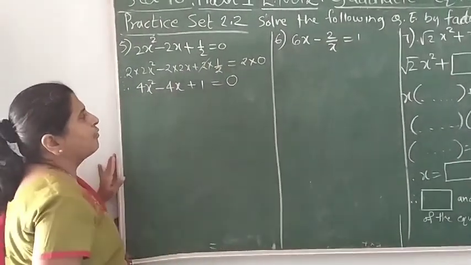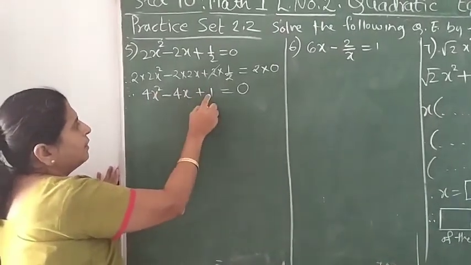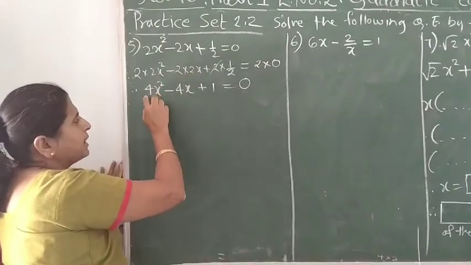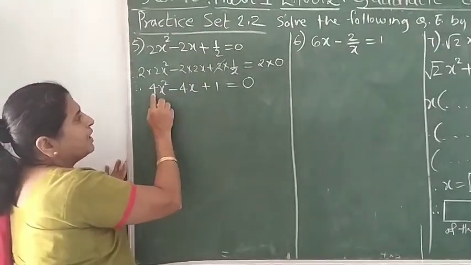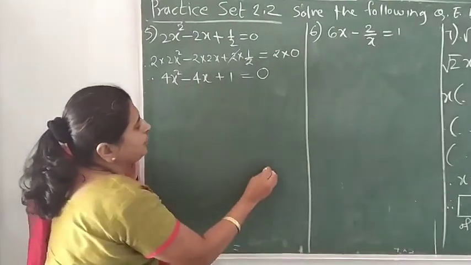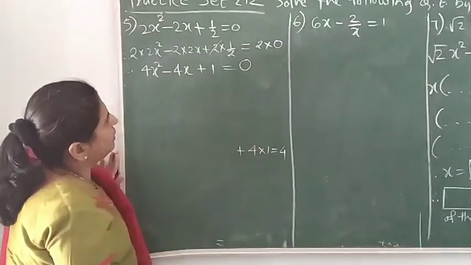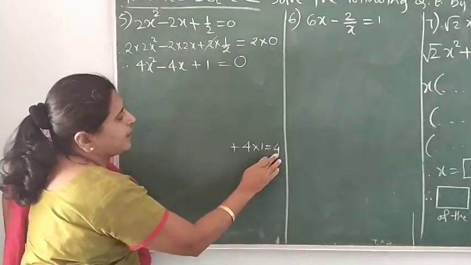Now as we have got this equation, we have to factorize this one along with the multiplication of 4. Because the value of a is not 1, we have to take the product of a into c, that is 4 into 1. So 4 into 1 is going to be 4, its sign is plus. So plus 4, its factors will be